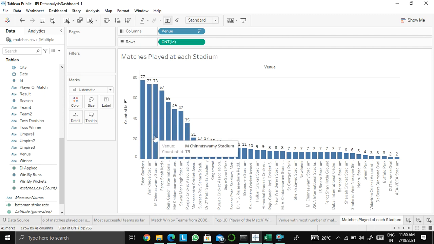Chinnaswamy Stadium 73 matches, and we can see all these stadiums along with the total number of matches held in that particular ground, right? So Eden Gardens is the venue where the most number of matches have been held, followed by Wankhede Stadium, Chinnaswamy, Feroz Shah Kotla, right?